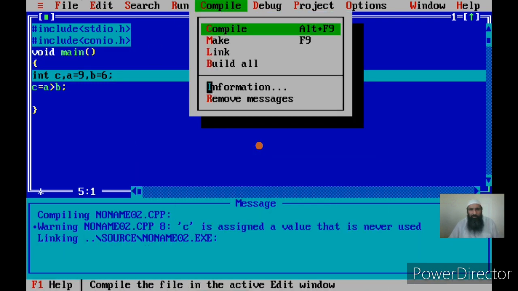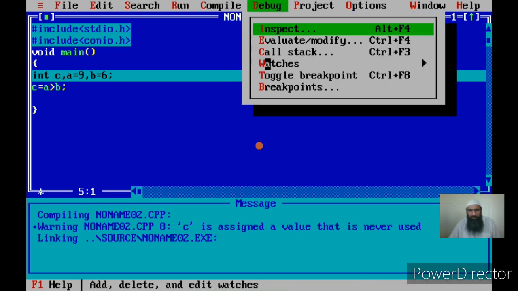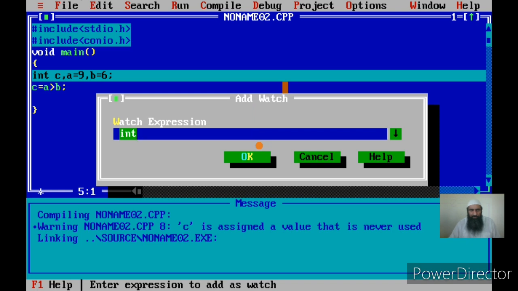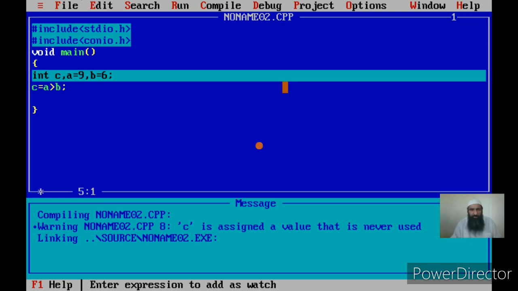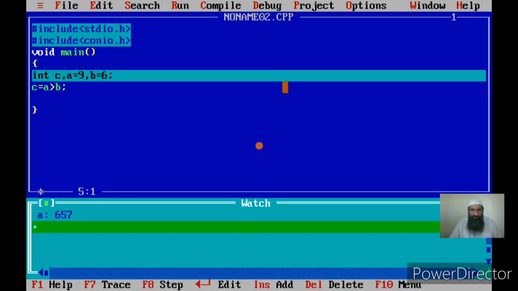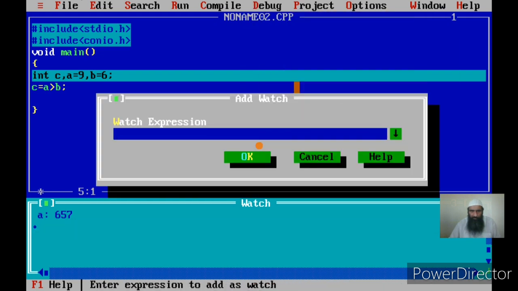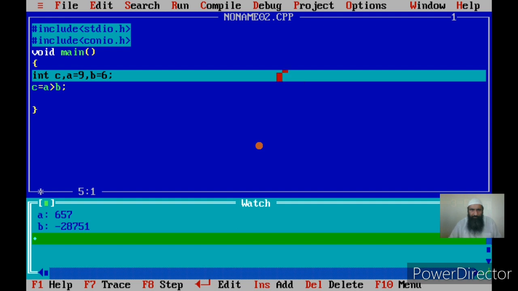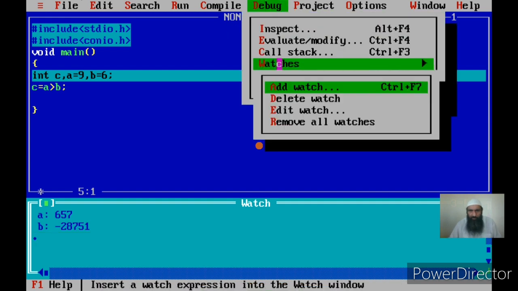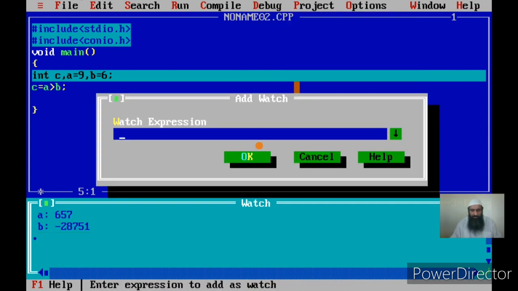Once I compile and debug, I add watch to three things: a, b, and also C.